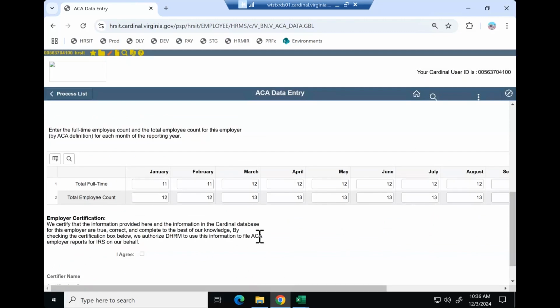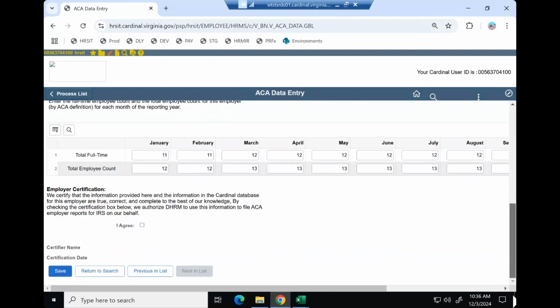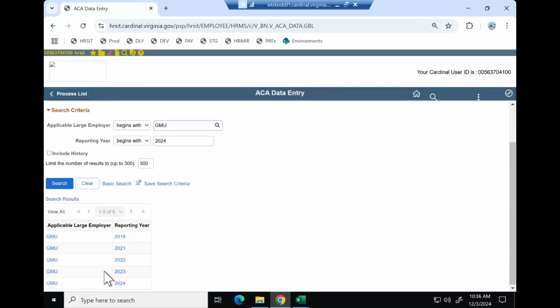Once I'm completely set that this is done, I'm going to click the I agree button, and then I'm going to save the page, okay? My certification information will pop up here saying that that is done. Once I have certified this information, I can't make any changes. You would need to either reach out to OHB or the Cardinal team through a VCCC ticket to make a change. All right, I can leave this now because I haven't certified,